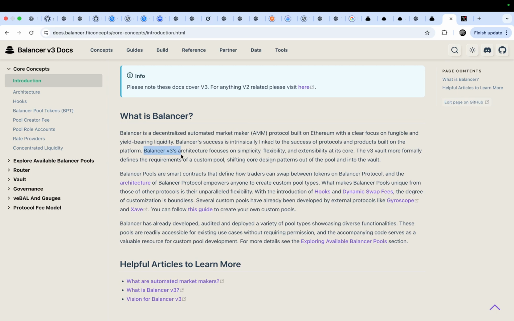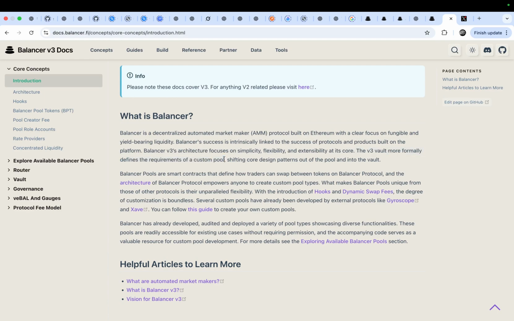And Balancer v3 architecture focuses on simplicity, flexibility, and extensibility at its core. The focus is flexibility. This protocol is very flexible, and the v3 vault more formally defines the requirements of custom pools.